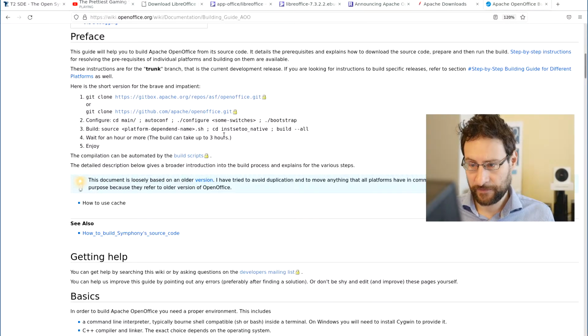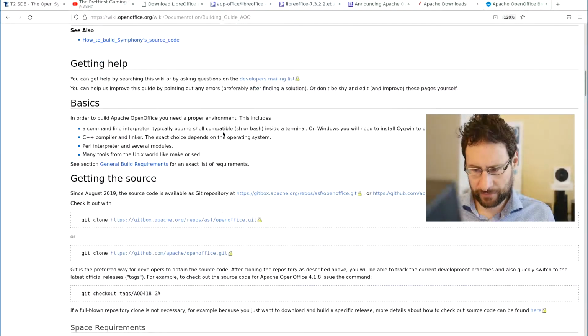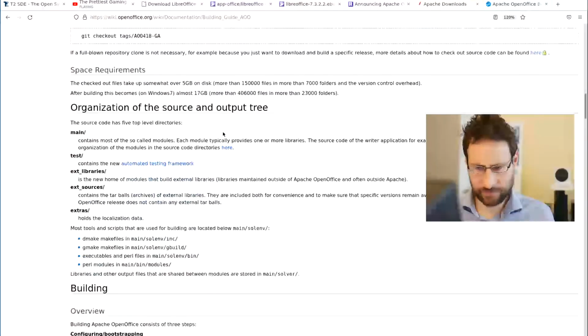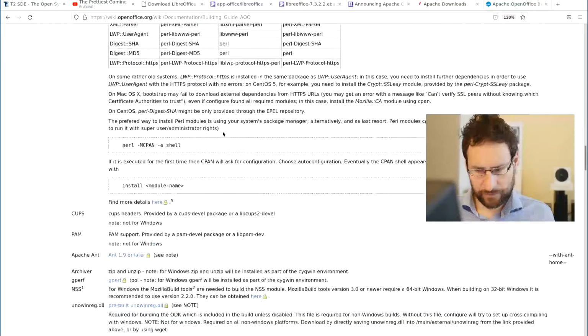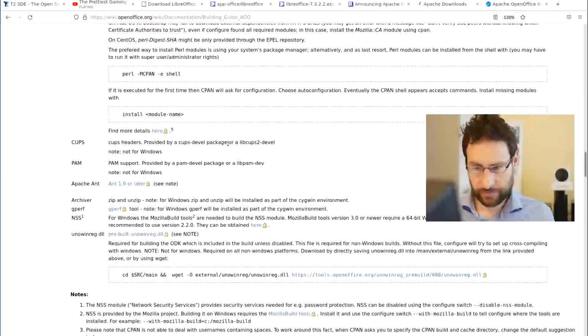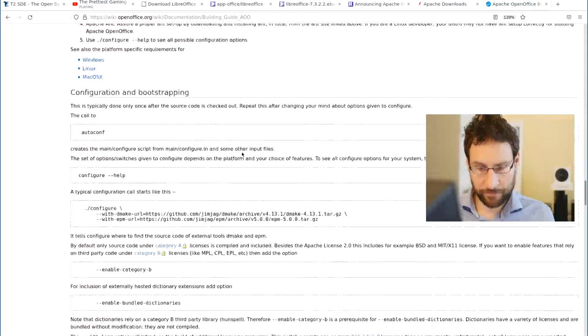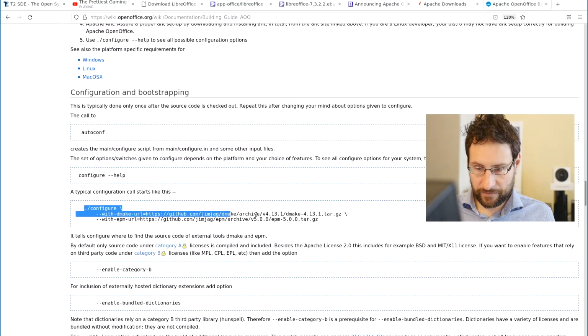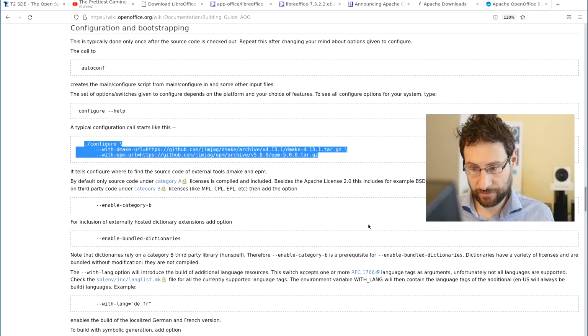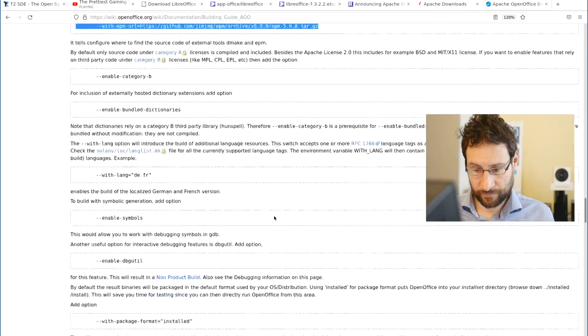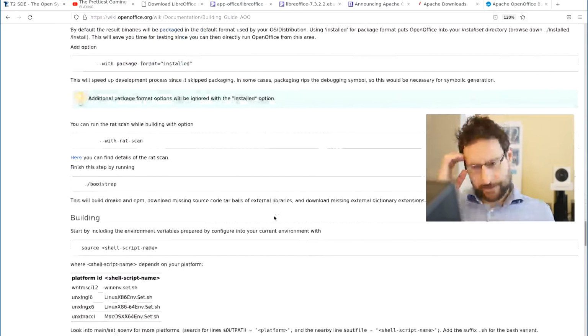Main autoconf. Okay, they have now also configure, so far so good. OpenOffice, Git, organizing source code, main test, configure bootstrapping, Perl, yeah, thank you very much, install, cupspam, autoconf, configure with dmake URL, yeah, thank you very much. Yeah, I mean, why, right? This is so crazy. Enable category B. Yeah, you had me at